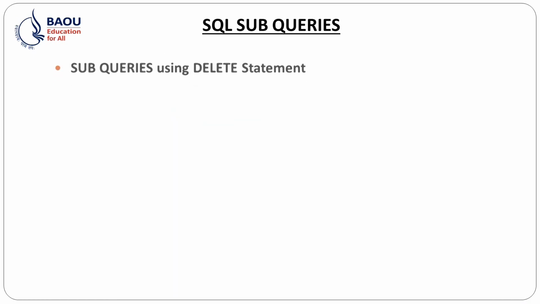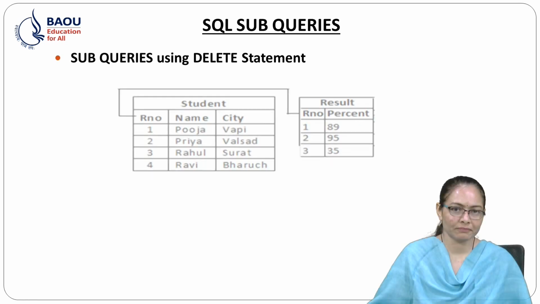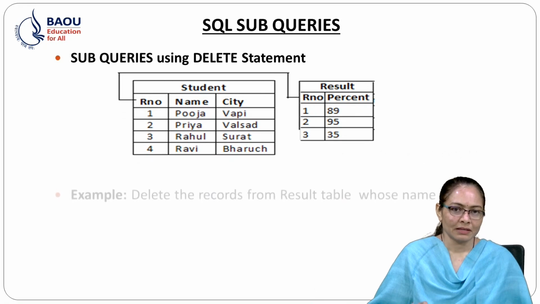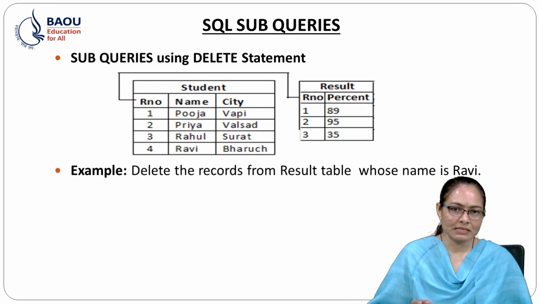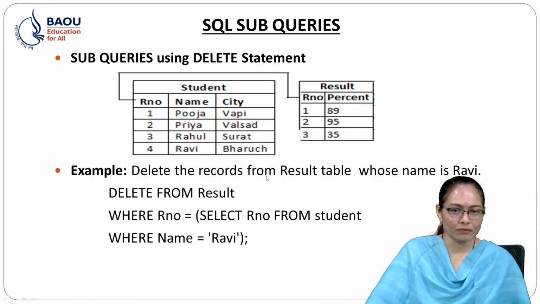Now, the subquery using the delete statement. The subquery can be used with the delete statement. For example, delete the record from the result table whose name is Ravi. So how to write the query? Delete the record from result. So we write delete from result where roll number is equal to, in the brackets,